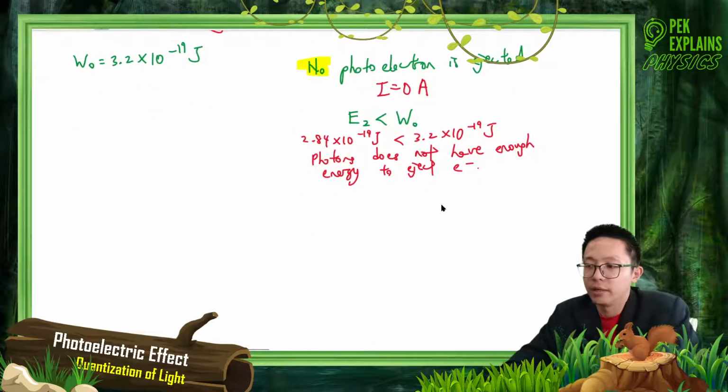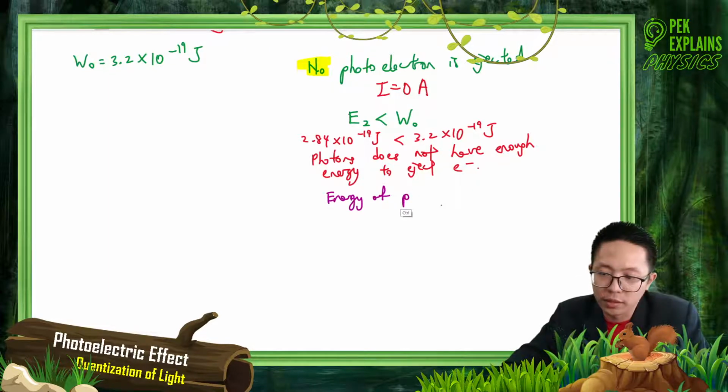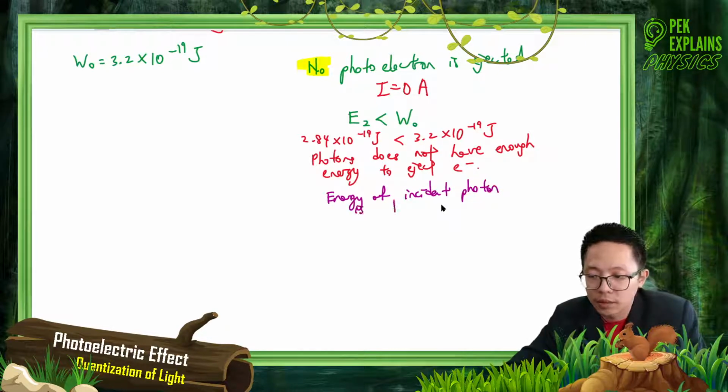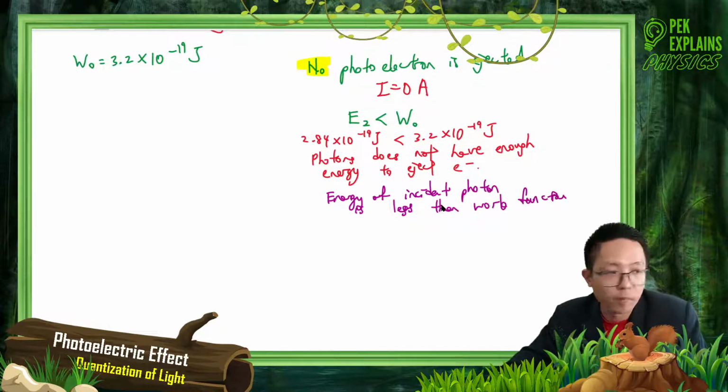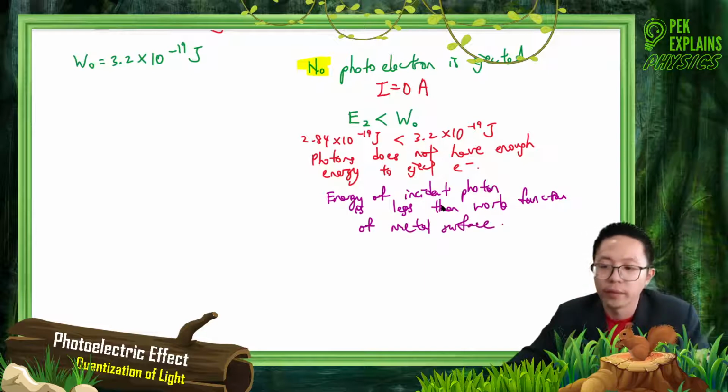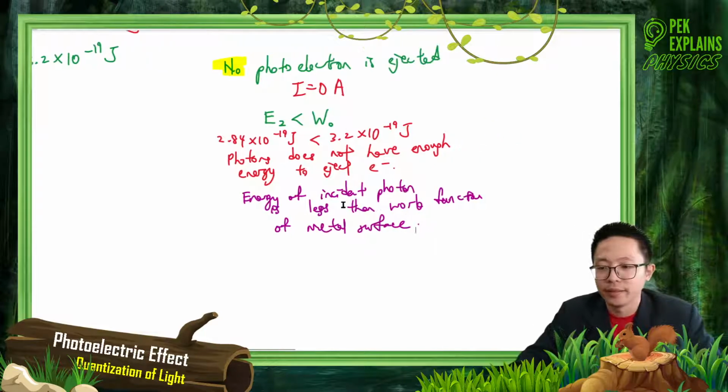Write it down: energy of the incident photon is less than the work function of the metal surface. Okay, so that's it